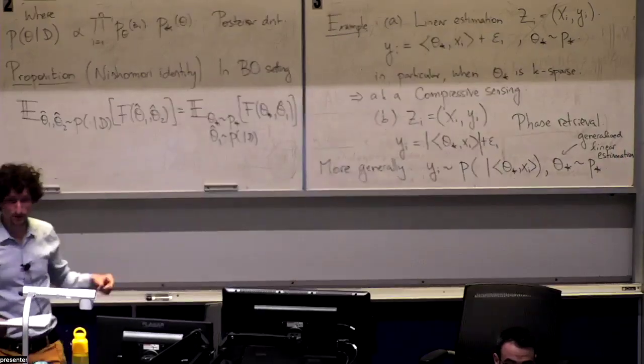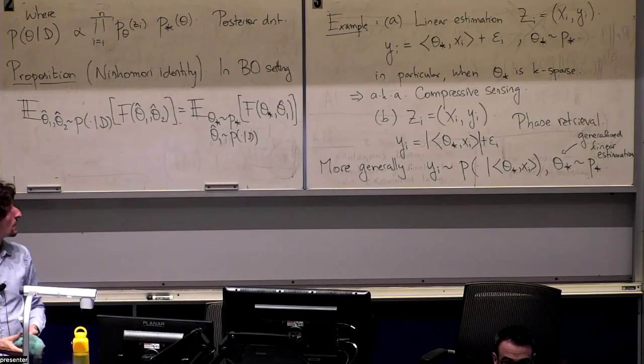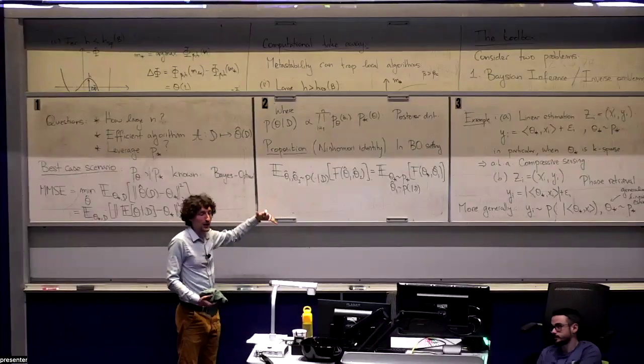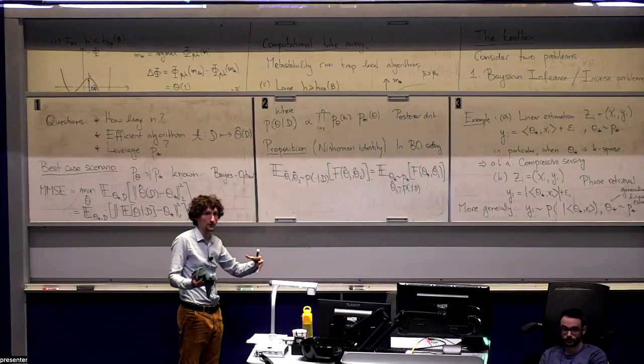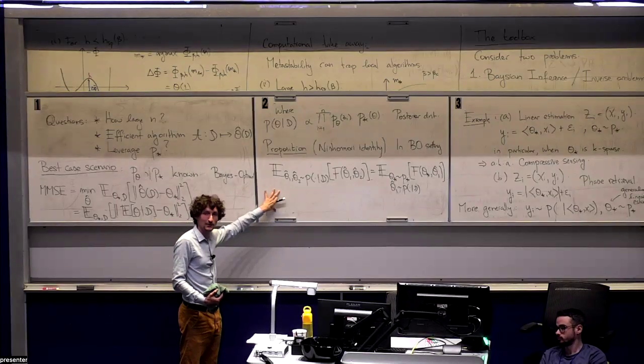Okay, any questions about Bayesian inference and inverse problems? So this is a particular kind of example you're going to be interested in studying in the following. And in particular, you're going to be very interested in the Bayes optimal setting, not because we believe that in real life you have access to perfect information about the process that has generated the data, but because that's the best case scenario. So that's going to be very useful to derive some bounds.